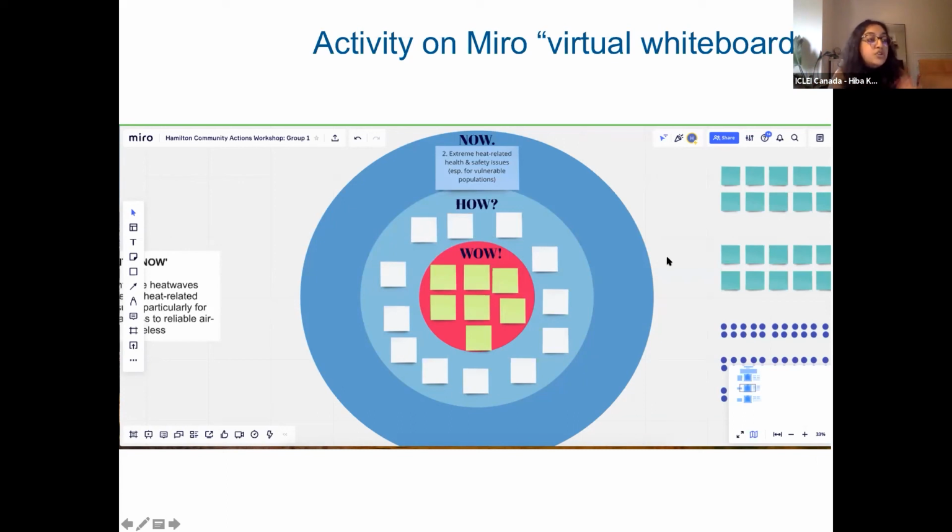The first thing you'll want to do when you get to this board is look to your left along this little vertical bar, and you see this little cursor icon. Click that and make sure it's blue. That just means that you'll be able to navigate the board, and you'll just have to click and drag up, down, left, right, and you'll be able to move along the board from the first target to the next target.